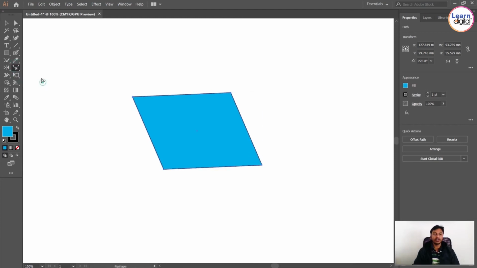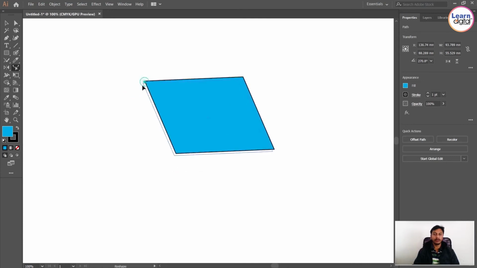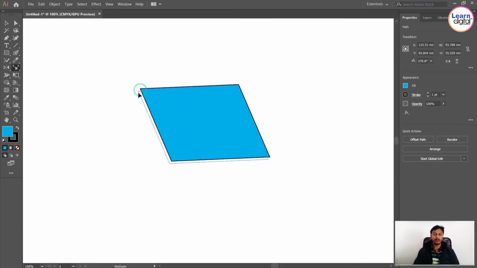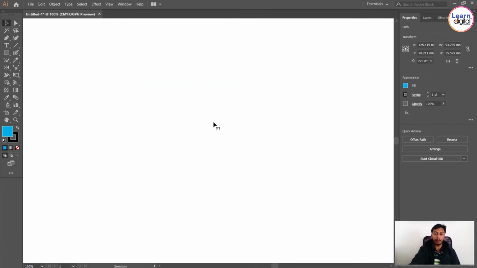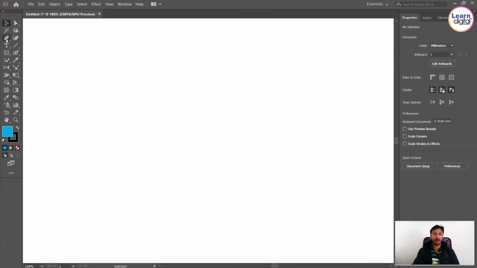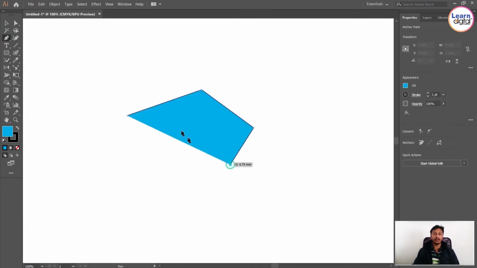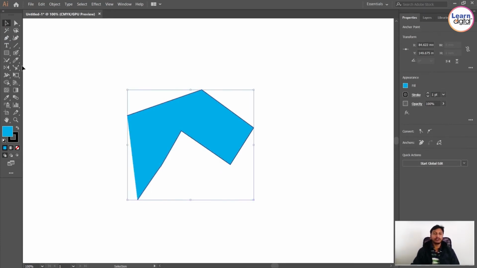Then the next one is reshape. Click. Reshape will work only whenever you are working with a path. A path means anything you draw with the help of the pen tool. So use the reshape tool.